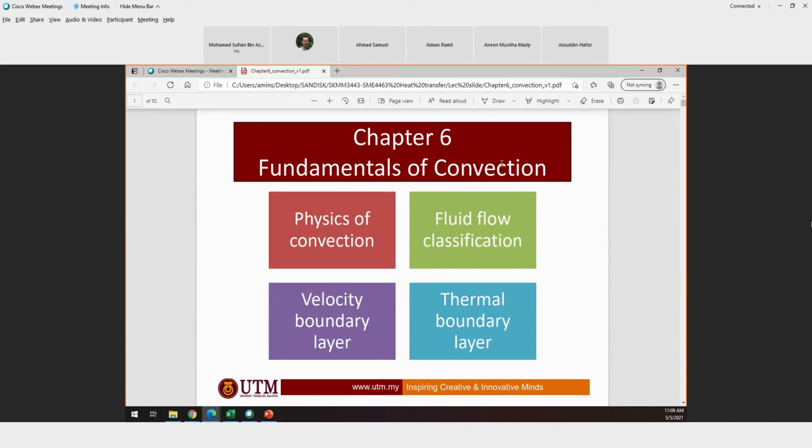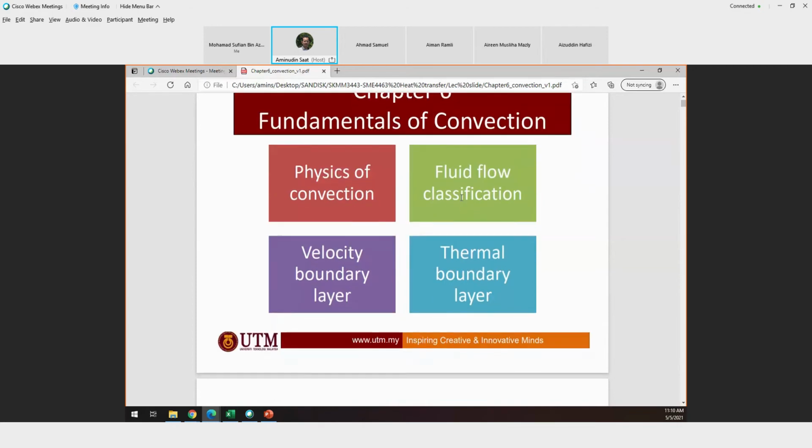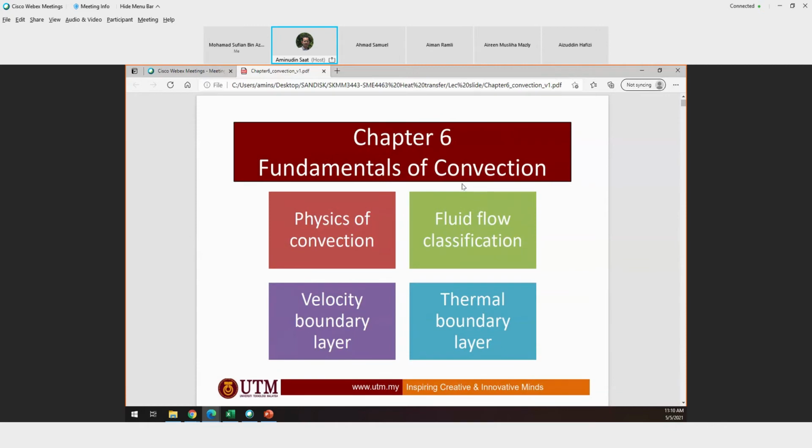So in chapter 6, for example, it will explain the concept of convection. What are the general equations, general terms that you use throughout these 4 chapters. For example, in this chapter, you will learn about the general introduction to convection, physics of convection,